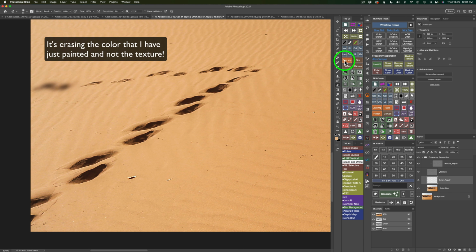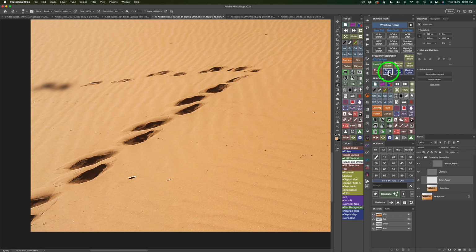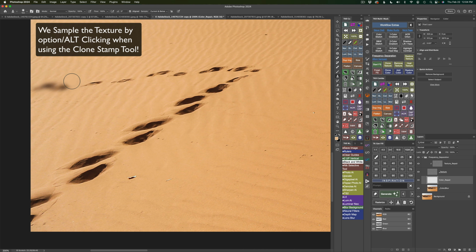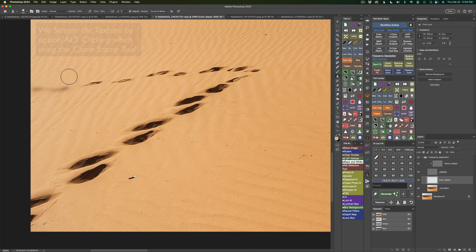And now let's go back over to the frequency separation. And this time we're going to go to clone color. So I'll click on clone color, and now I have a clone stamp tool again. So I want to be right above this area here just to keep things consistent, the way the sand is coming down through here. So I'm going to Option or Alt click about right here and come down here and just paint across here like this. I'll release the mouse click, and now I'll Option or Alt click about here and come and paint